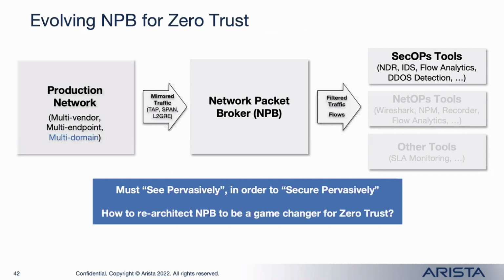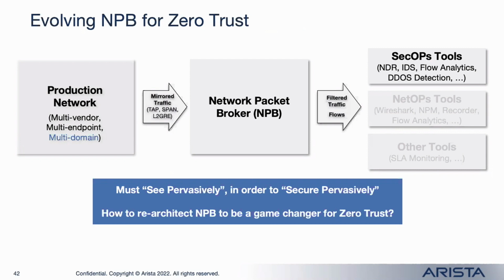Pervasively means I have to see across multiple domains, whether it's campus, edges, internet edge, WAN edge, multi-data center environments, data centers, colos, or branches. So there is a variety of network locations from which traffic needs to be extracted, and then part of that sent to